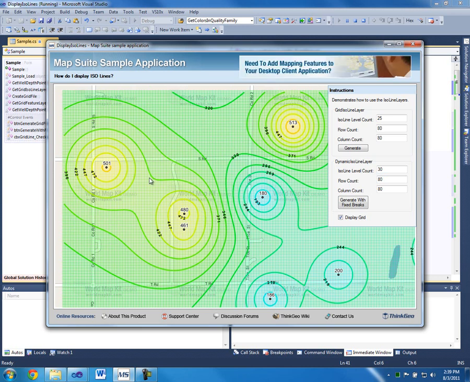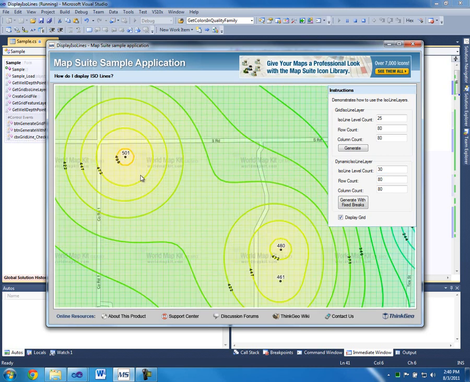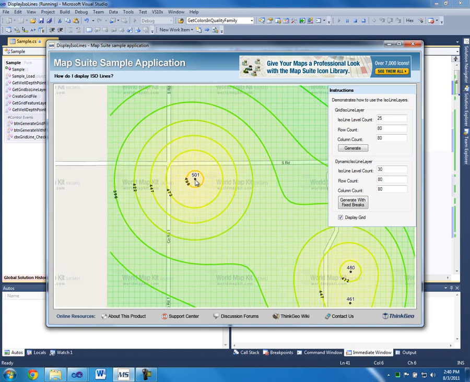Now, another interesting feature of the isoline layers is that we have a lot of these labeled, so you can see that here we have a well depth of 501. We're assuming that it's 498 here, 472, 447, and so on. And if we were to come in here and say, let's say, create 35 levels and generate it,